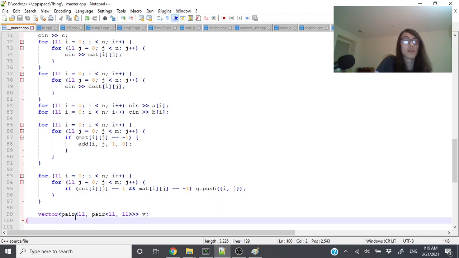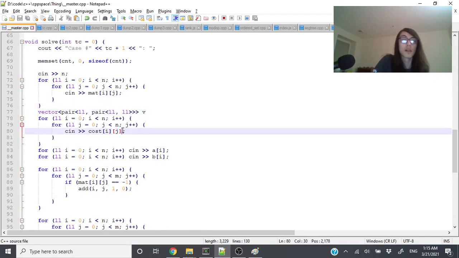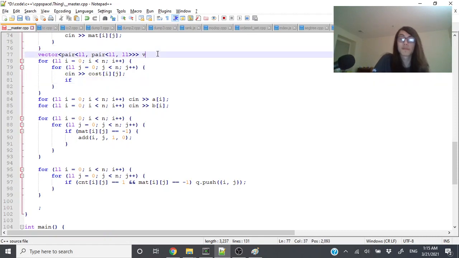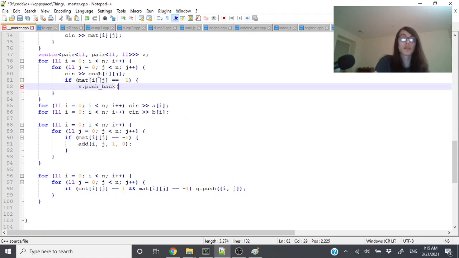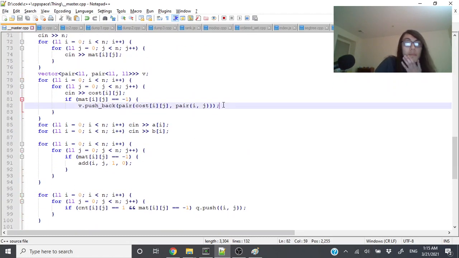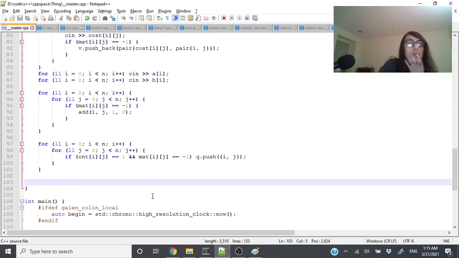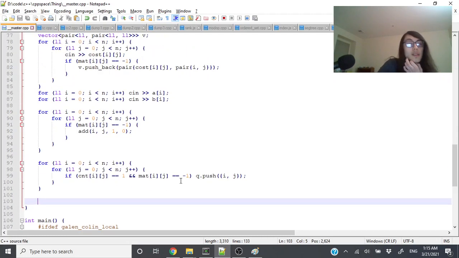Alright, so it should be N, not M. If mat ij is equal to -1, v dot pushback. By the way, that mistake has everything to do with me just making a dumb mistake. It's unfortunate that it didn't tell me about how that error was going, but that was dumb. Should have figured that the Q was having some problems, but I don't know. Because Q.pop should be essentially like decrementing the pointer, and if it goes below 0, maybe it overflows or something. Not entirely sure. Okay, anyway, sort